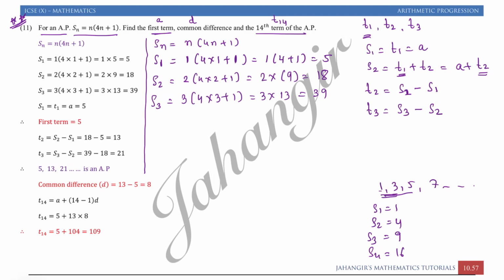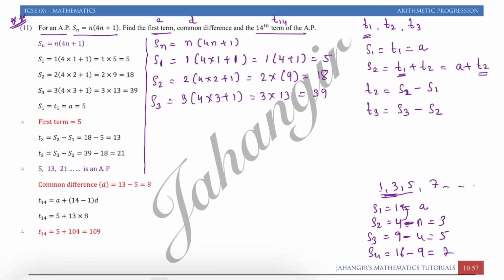So if you consider S1 as the first term, S2 minus S1, if you subtract 4 minus 1, you will get 3, that is the second term. 9 minus 4, you will get 5, which is the third term. 16 minus 9, you will get 7. So in short, if you subtract